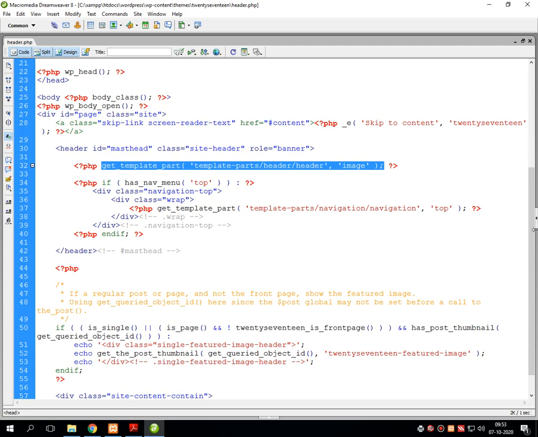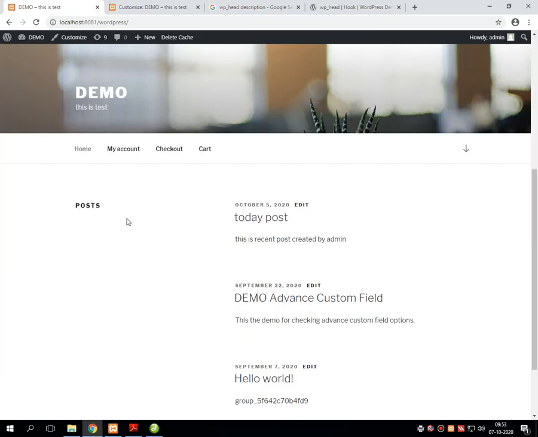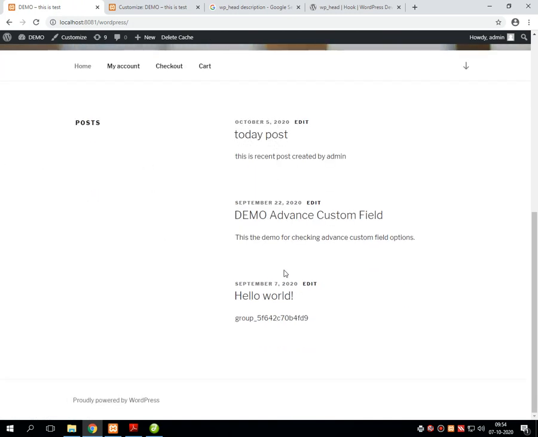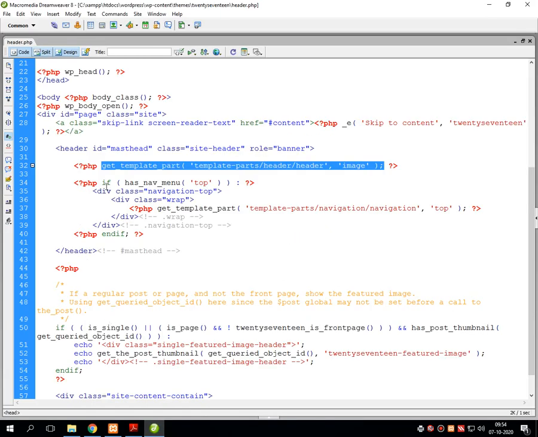What happens in the navigation bar? Navigation bars are the bar which displays over here. These are the navigation bars. Even this is also called navigation. Let me put it into the comment.